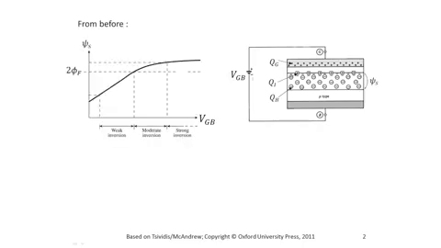Here is the structure we have been discussing, the two-terminal MOS structure with a bias VGB, a charge on the gate QG, an inversion layer charge QI, and a depletion region charge QB. And the total potential drop here is the surface potential ψS. You recall from the previous slide that the surface potential ψS versus VGB looks like this,